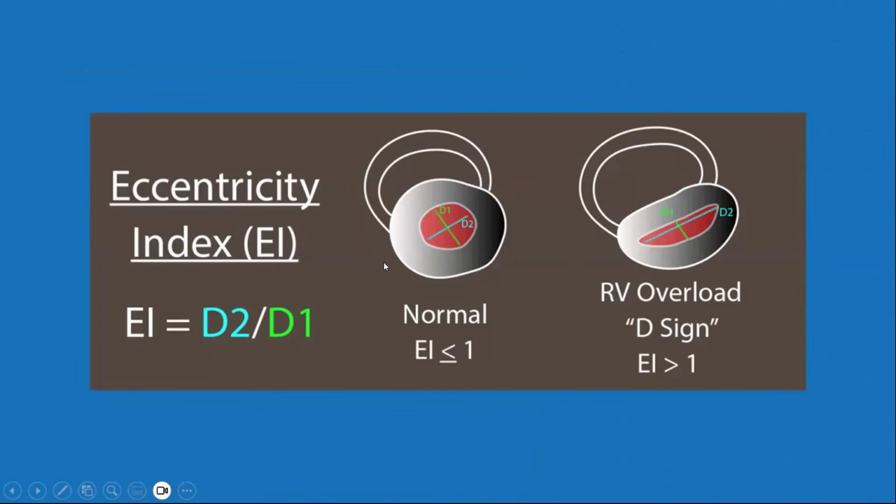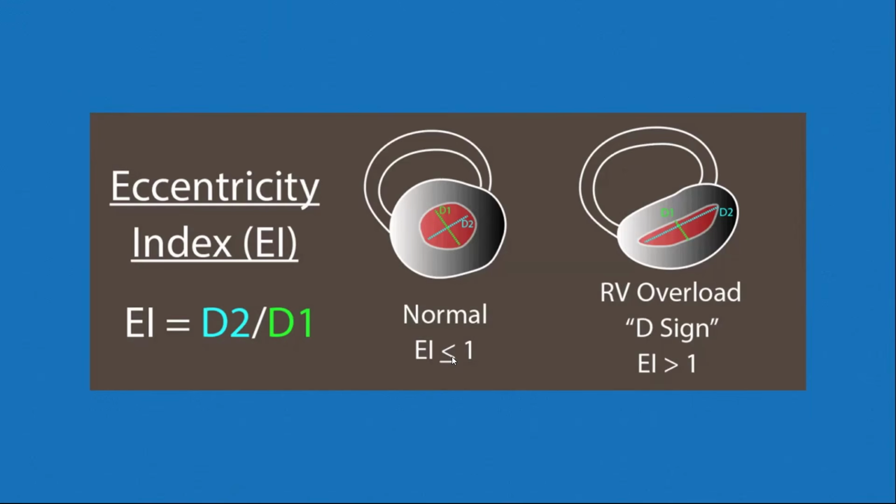Yeah, so eccentricity, we should also be knowing about the eccentricity index, which will help us in establishing whether this dilatation of the right heart is because of pressure overload or because of volume overload. So what is the normal eccentricity index? Look at this. This is the LV and this is the RV. The LV cavity, the longer diameter is the D2 and the shorter is the D1, and normally it is